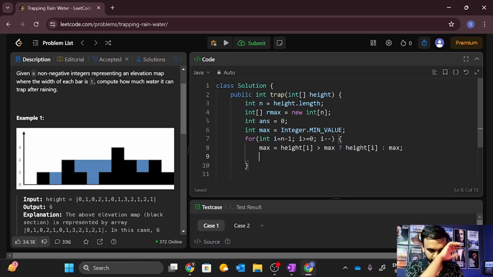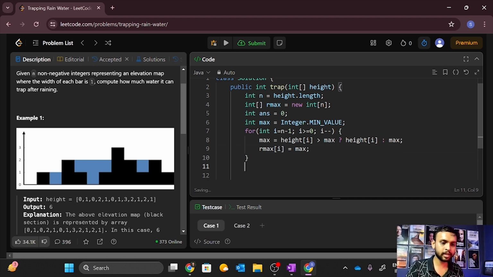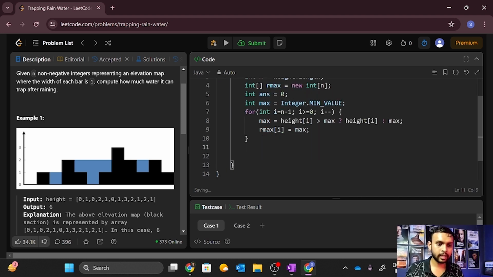I hope this is clear. Now after that I will just fill this rmax of i with this max. On the fly I am calculating the max, whatever is the max, and then I am assigning it to the array. Then after that let me just reuse this value only as left max. I am just reassigning it with the min value, and after that I'll start iterating the array from the front